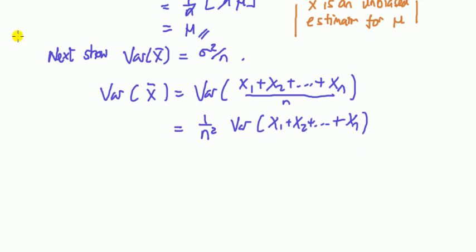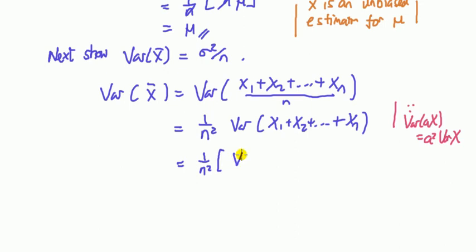Let's just put it on the side because the variance of a constant, say a times a random variable, is equal to the constant squared times the variance of x. Next, using the variance rules,